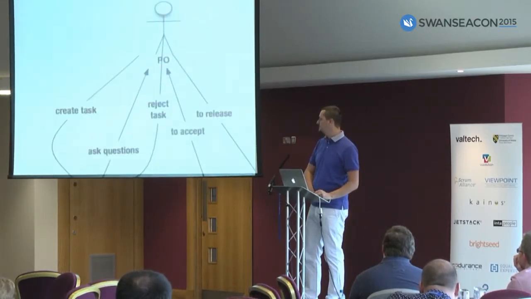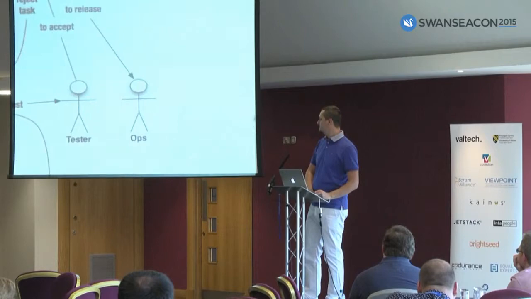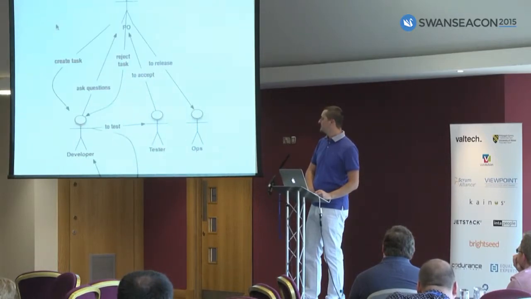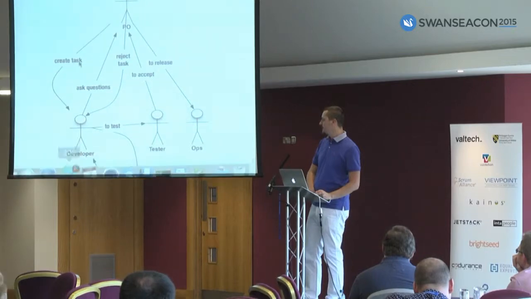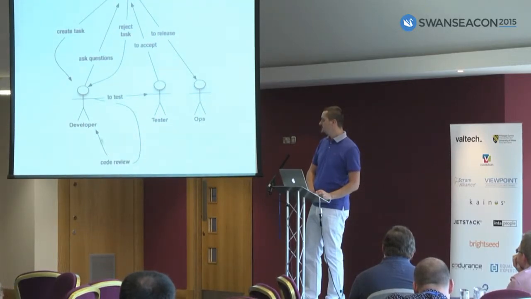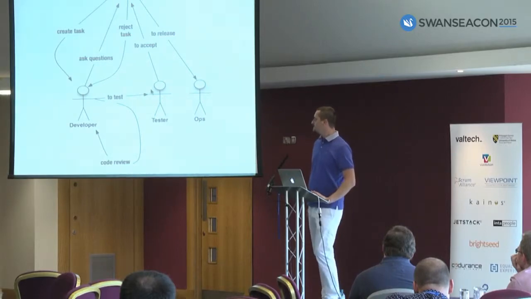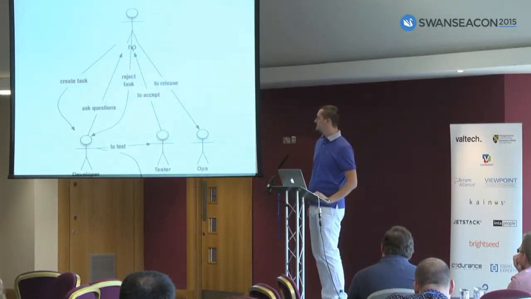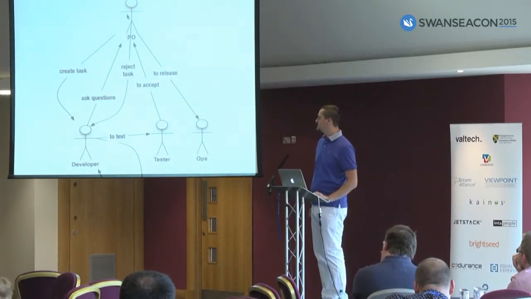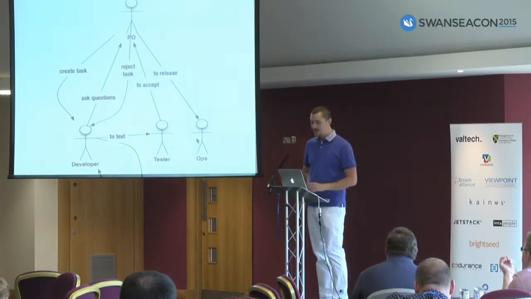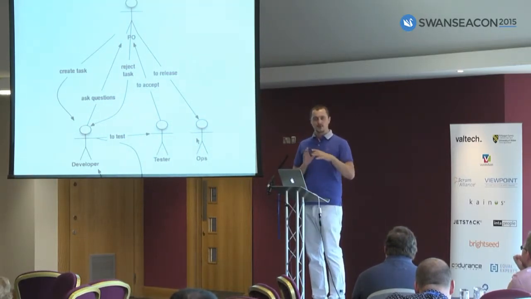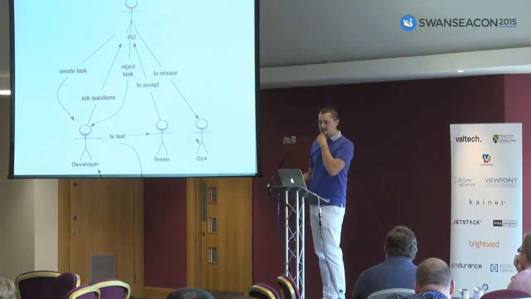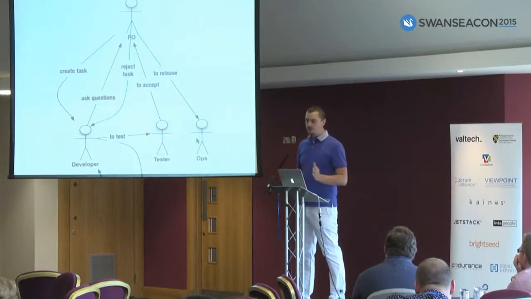We have a product owner, a developer, a tester, and an operations guy. The product owner creates the tasks, the developer asks questions of the product owner, then the developer, after finishing, does a code review and sends the task to test. The tester tests the task and sends it to acceptance by the product owner, and then the product owner sends the task to operations. This is the normal process, and now let's improve it by going through all